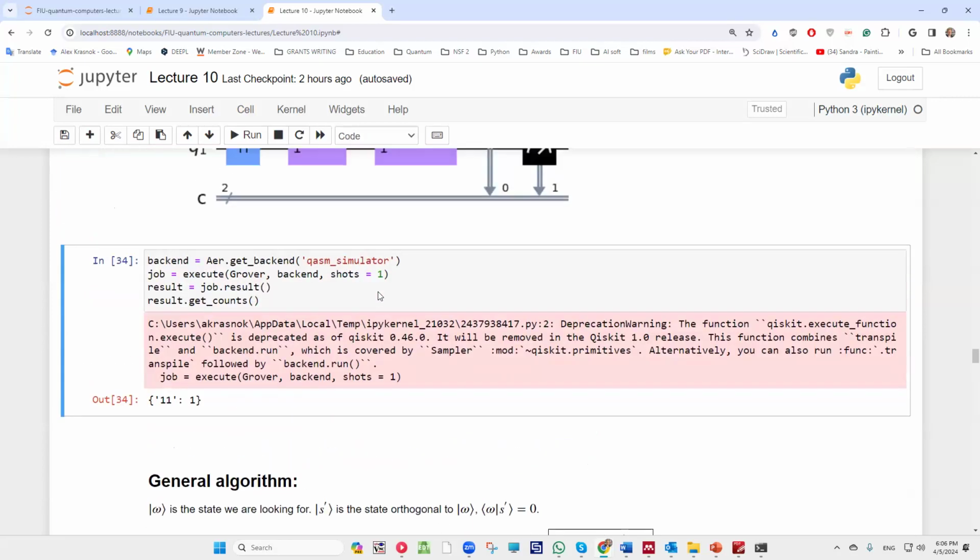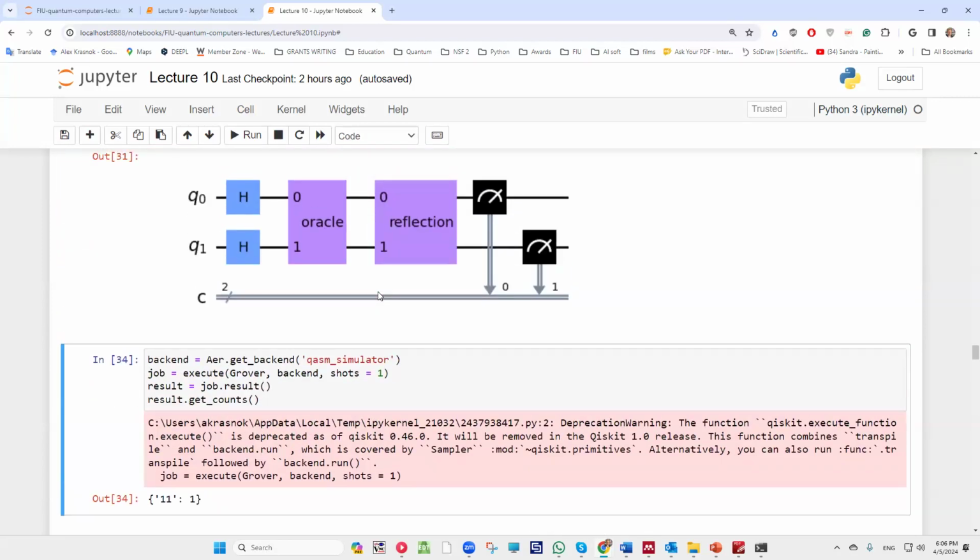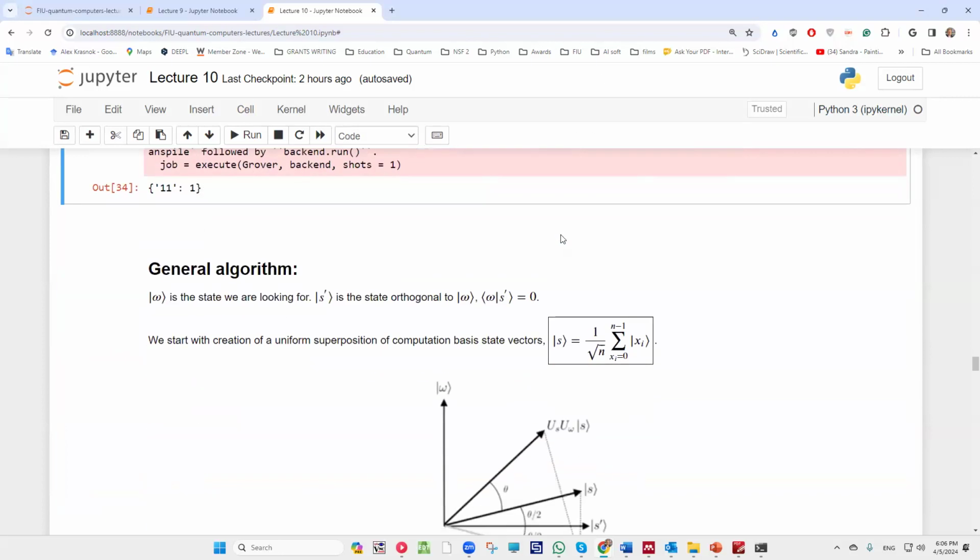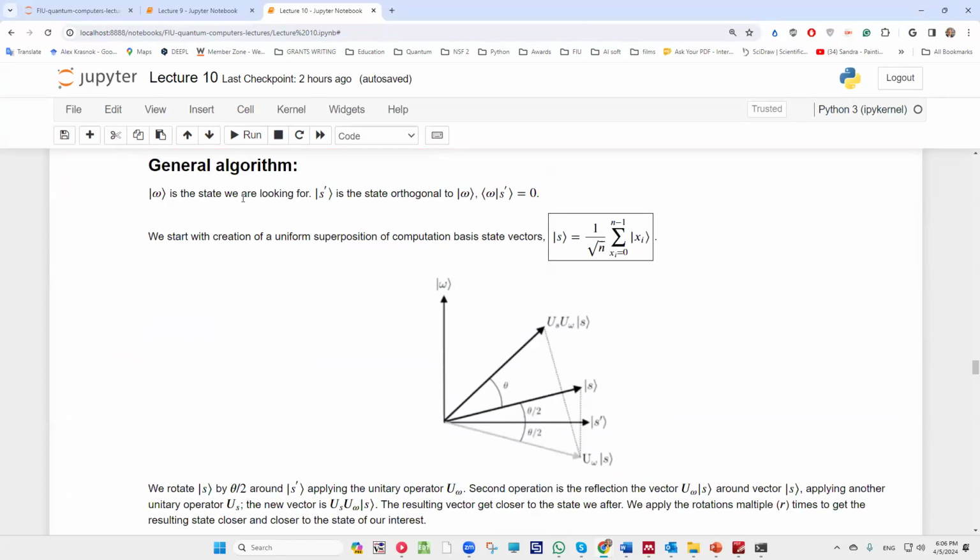Do you have any questions about this part? Not for now. Okay. Yeah. So, if no questions, let's discuss this general algorithm. Okay. So,